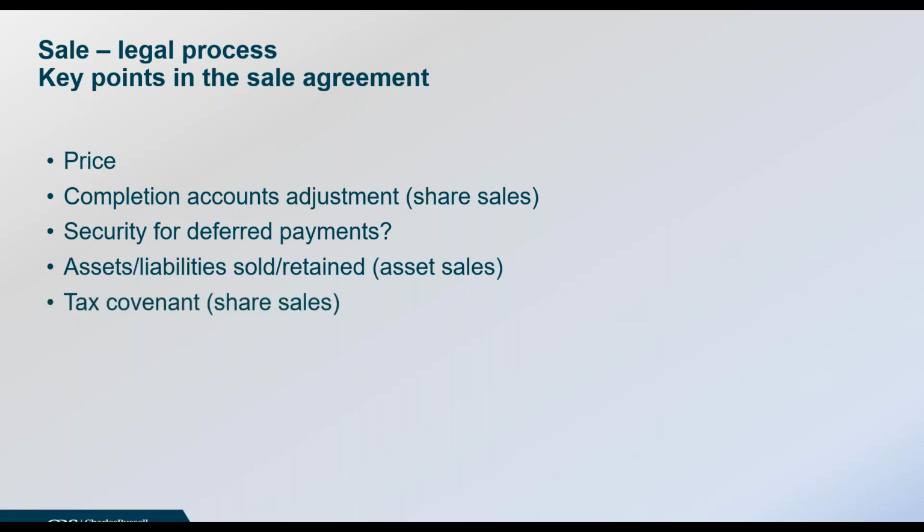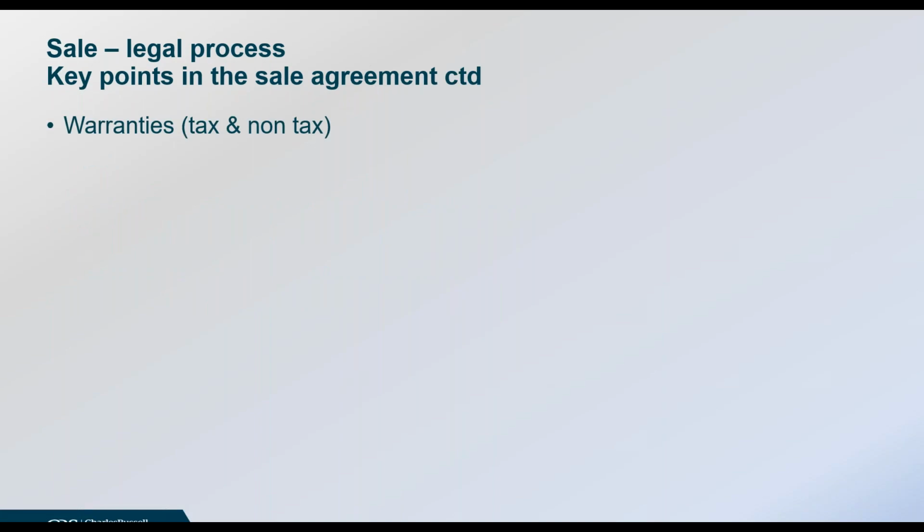On a company sale, there'll be something called a tax covenant, which is essentially a provision that says if there's any liability to pay tax within your company at the point of sale that hasn't been paid and isn't taken into account in the share price, then that remains your payment responsibility, and that's quite a normal provision. There'll be some warranties in the documentation around the business and its historic performance and possibly tax if it's a company sale. And those should be carefully checked through your solicitors, as that's your main area of risk, and you'll want peace of mind that you've made any relevant disclosures there so that you're not exposed to any claims after